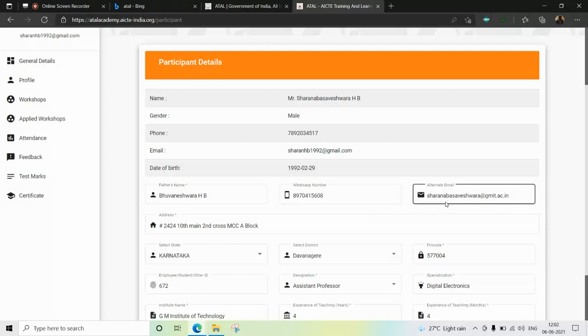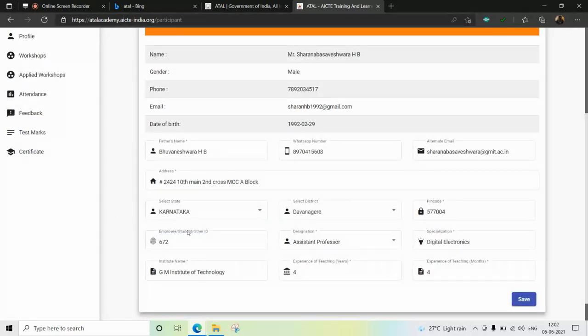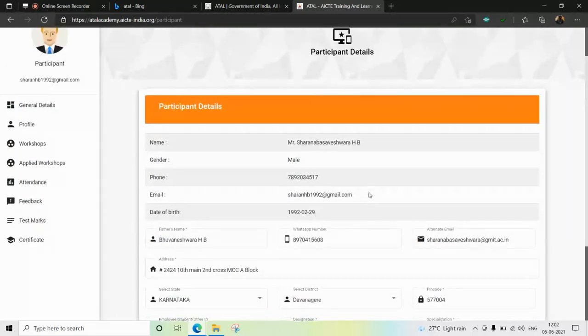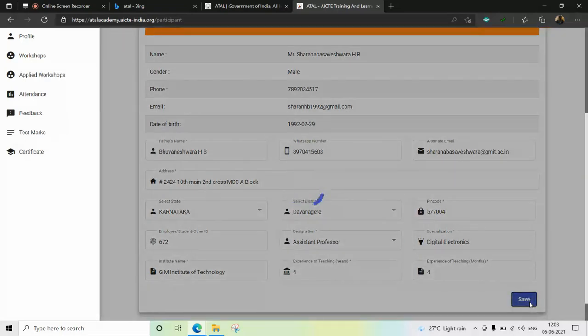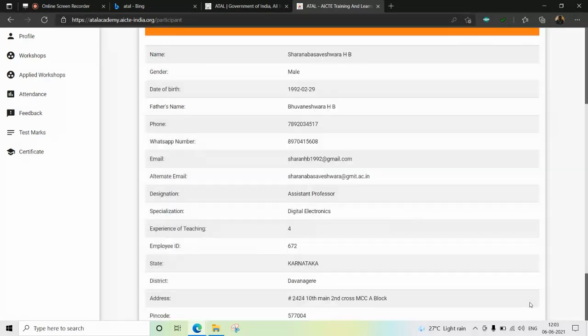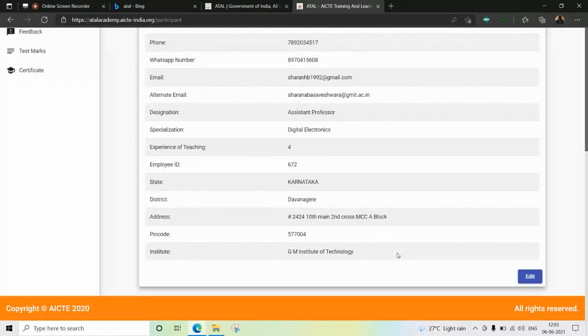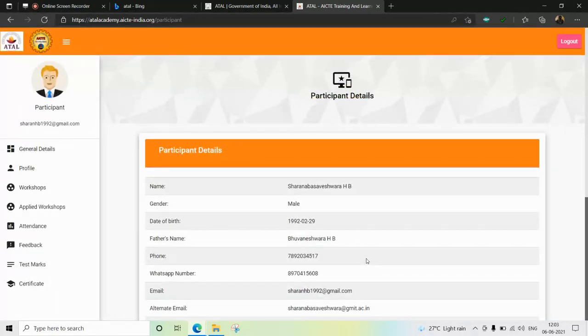Alternate email ID, I have given my college email ID, then I'll be giving my address, state, then my employment ID, then my experience, and after giving all these details, you need to click on save. After clicking on save, it will be saved like this.